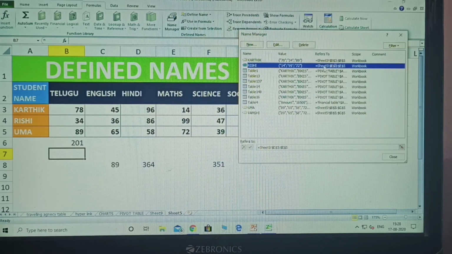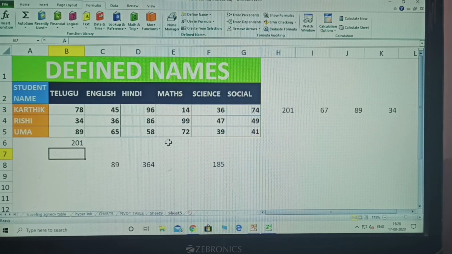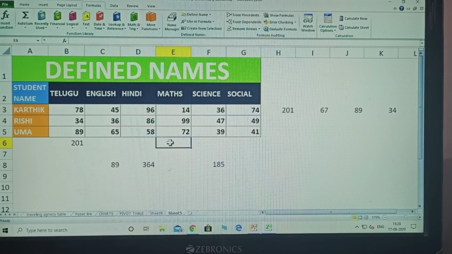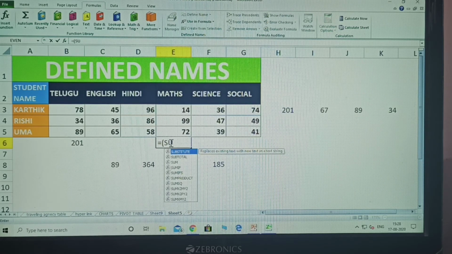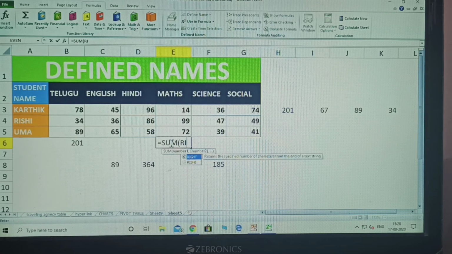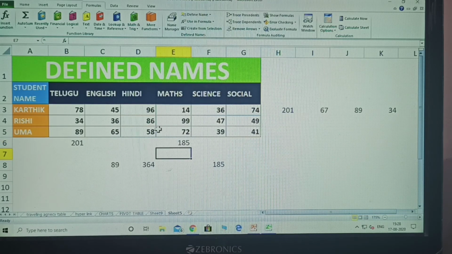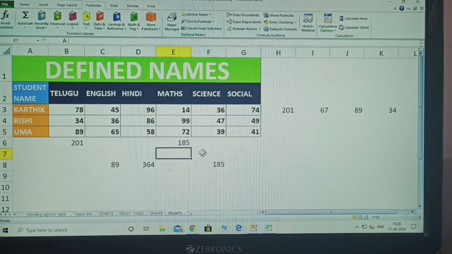Click OK. Now close this one. Equal to sum, open bracket, which person? Rishi. Tap that one, click OK. See here, only the maths marks are used. Okay, understood?